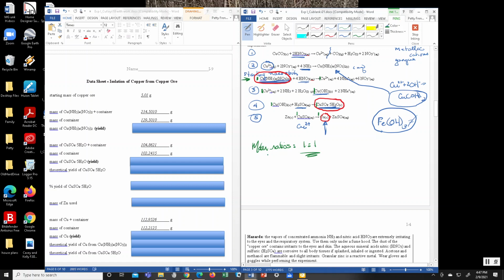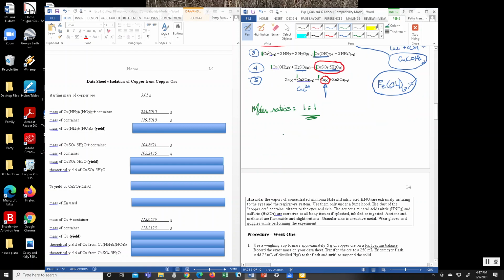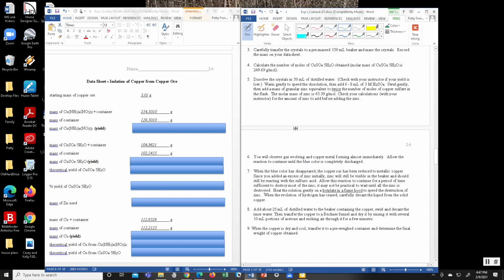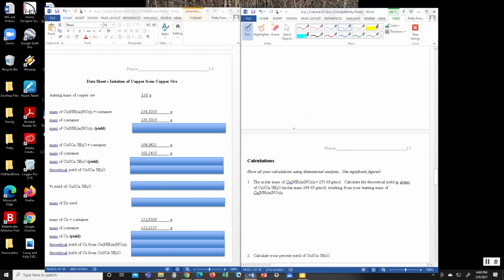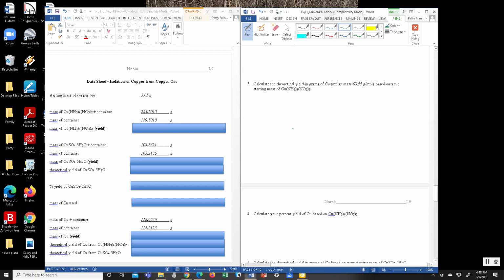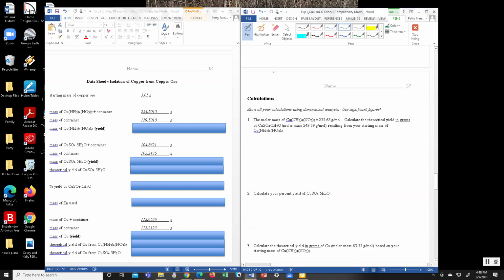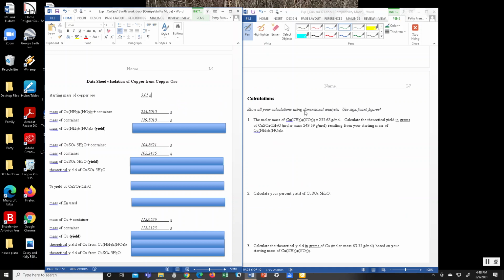Okay, so let's go ahead and start working with some of the data that we've got. We went through and did this and got ourselves some data, and we're going to play with it. See if we can figure out what we're doing. So the data's over here. I'm trying to get to my calculation sheet. There we are. The data's over here, and you can see that our very first